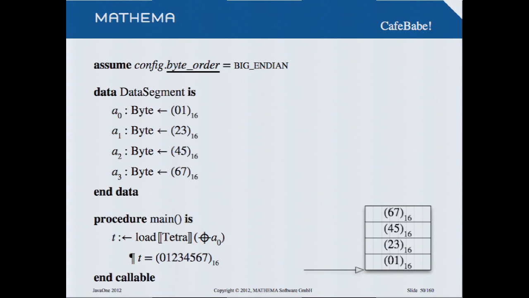So if you want to make sure that your program will only run on a machine where you have a big endian order, then you simply can make an assumption. So you say assume config byte order is big endian, and if you try your program on a machine which does not have this byte order, it says sorry, this is wrong. It's the same if you want to run the AWT and you are on a machine where there's no screen, then it says to you, here's an AWT error because we are headless.